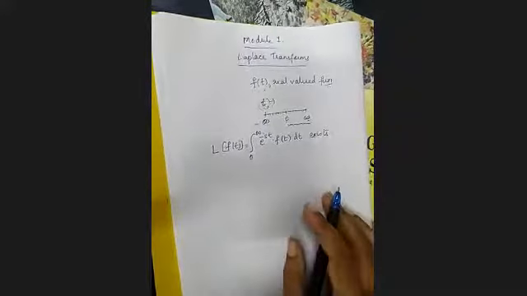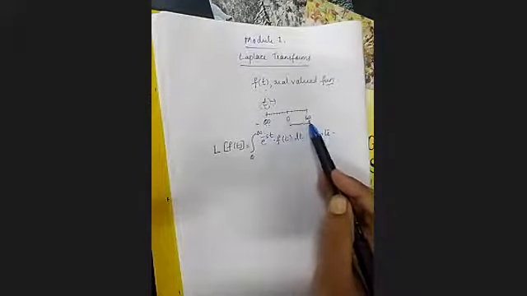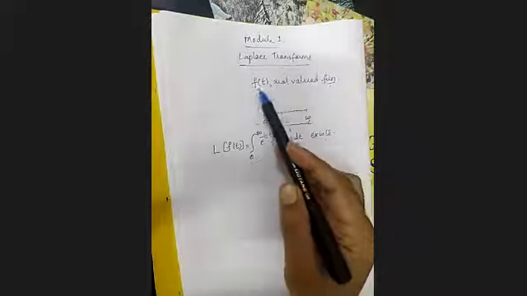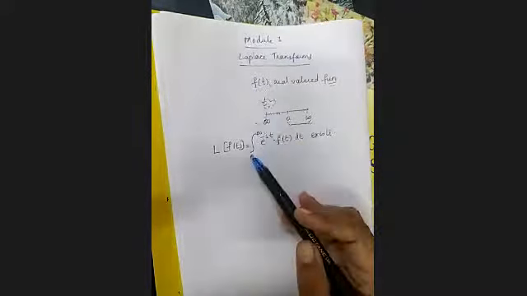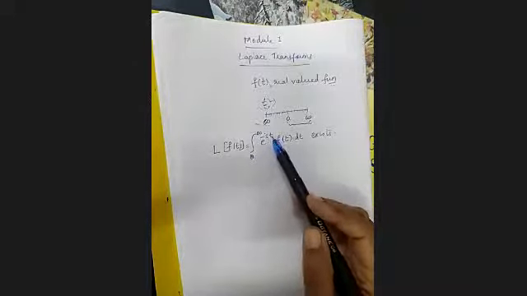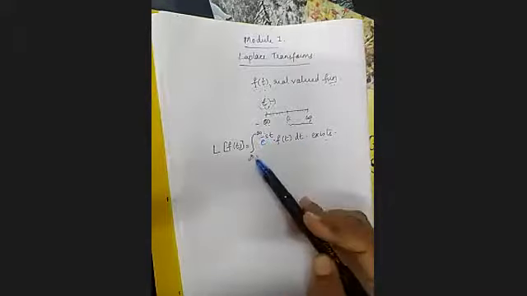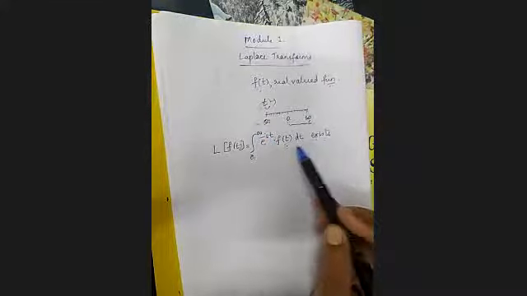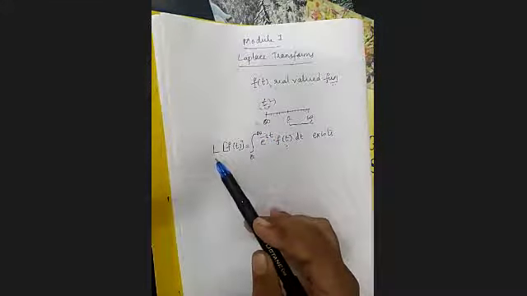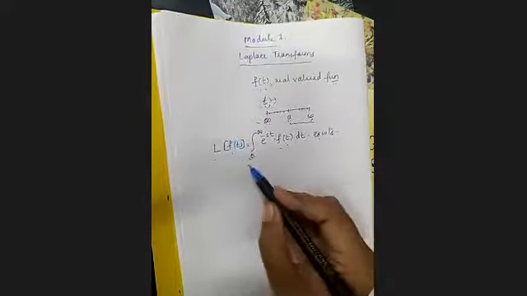Hopefully you got the point. So we are taking a variable t which is taking values from 0 to infinity, meaning only positive real values. Then we'll take a function f of t. If you integrate e raised to minus st times f of t with respect to t between the limits 0 to infinity, and this integral exists, then it is called the Laplace transform of f of t. This is the notation.